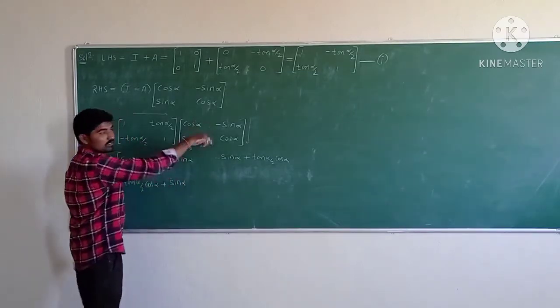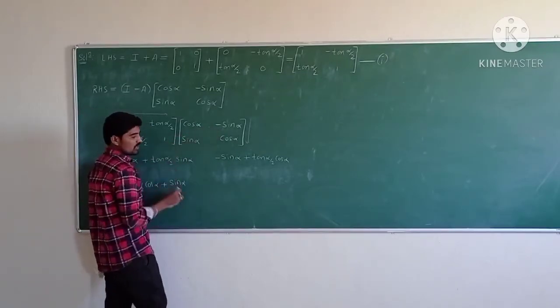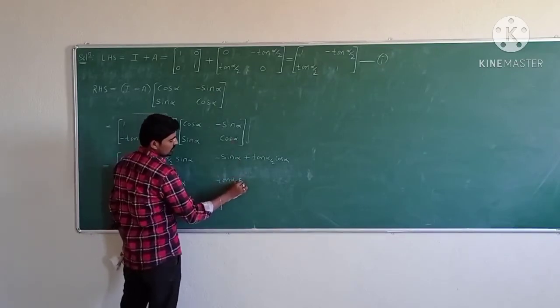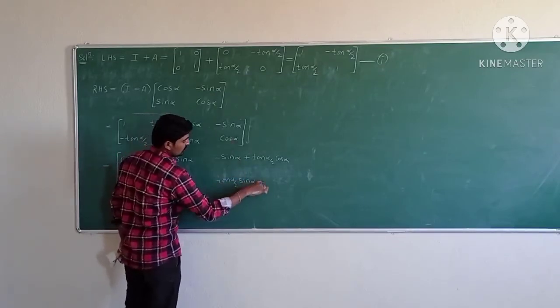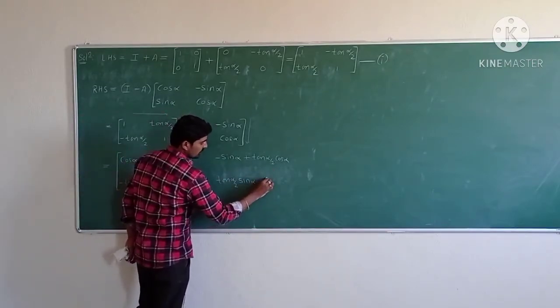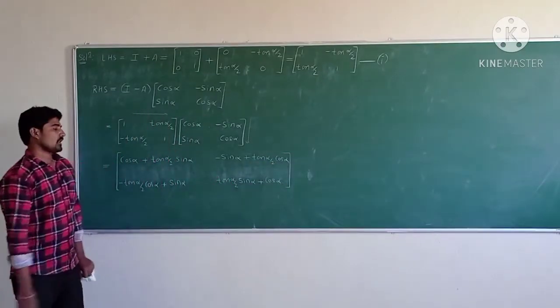Now second row second column, minus tan alpha by 2 into minus sin alpha, minus into minus plus, tan alpha by 2 into sin alpha plus 1 into cos alpha is cos alpha. Now